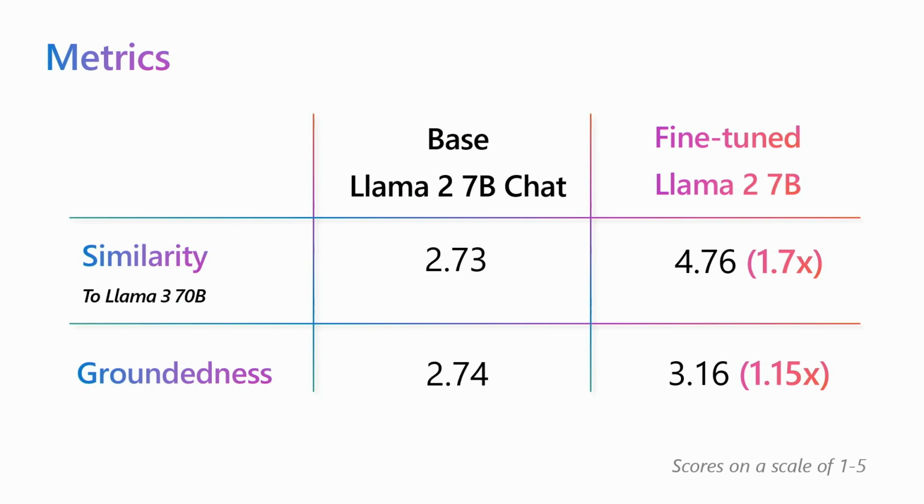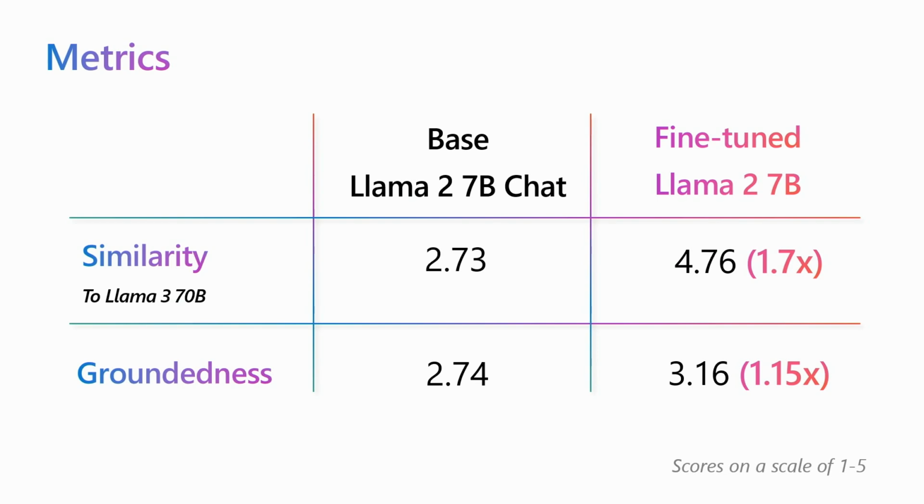And AI Studio comes with an evaluation framework which allows you to run batch evaluation metrics. And we chose 2 in our case. We chose similarity because we are distilling from a bigger model, and we want to know how well the information has been distilled in the fine-tuned model and how well it reproduces the result from the bigger model. And groundedness, because we're doing RAG, so it's very important that the answers are grounded in the context.